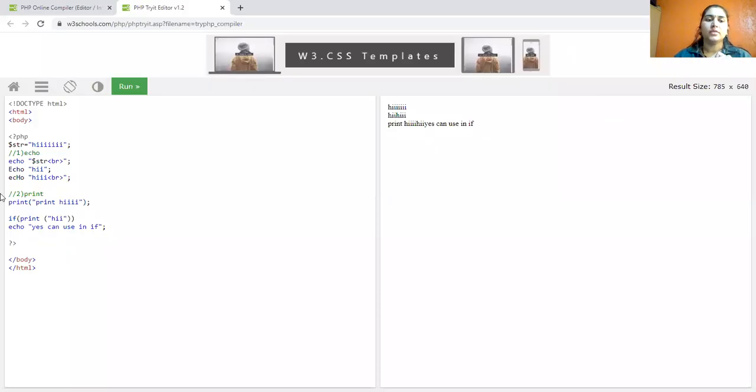Now let us see the third function for displaying output in PHP. This is printf. You are all aware of the printf function which we used in the C language. This is for formatted printing, with scalar format specifiers.